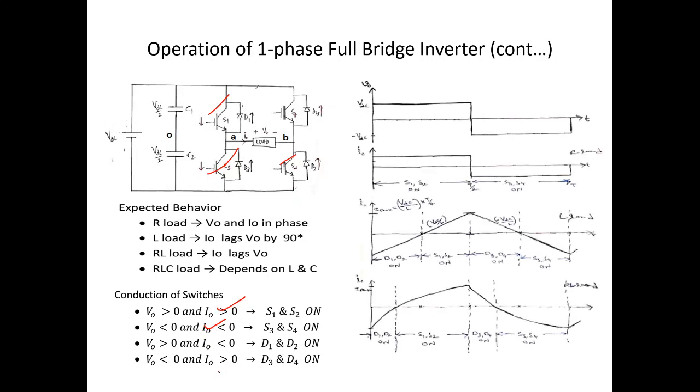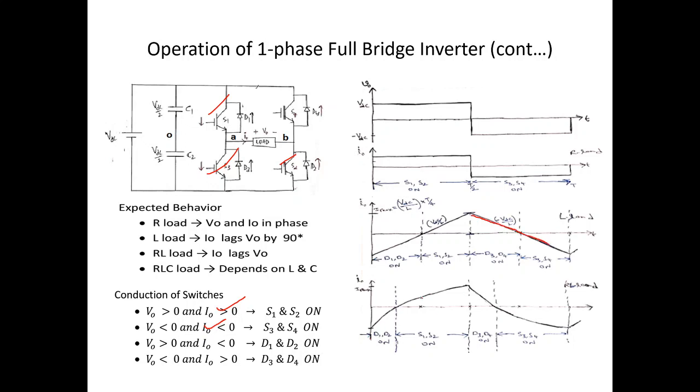Now there are 3 loads I am considering basically. First, for resistive load, voltage and current are going to have the same wave shape. And in case of pure inductance, a fixed DC voltage would appear across the load for the positive half cycle, and for the negative half cycle you are going to have the same fixed voltage but in negative polarity appearing across the load inductance. So during the positive half cycle, current would rise linearly with the slope VDC by L, and for the negative period it is going to fall with the negative slope, that is minus VDC by L respectively.